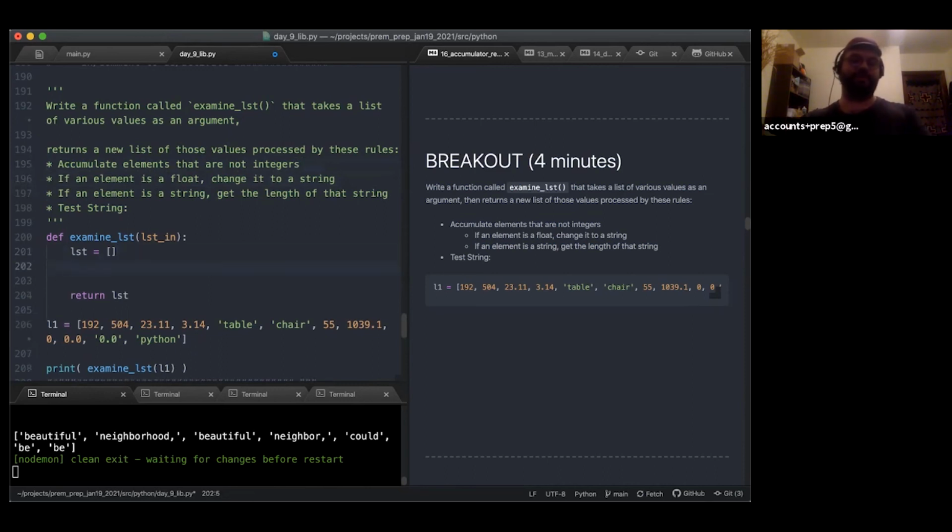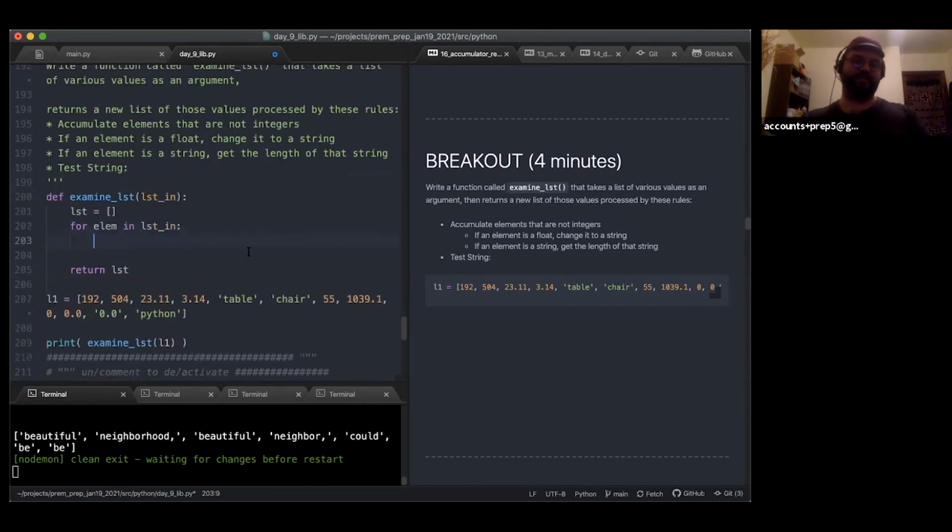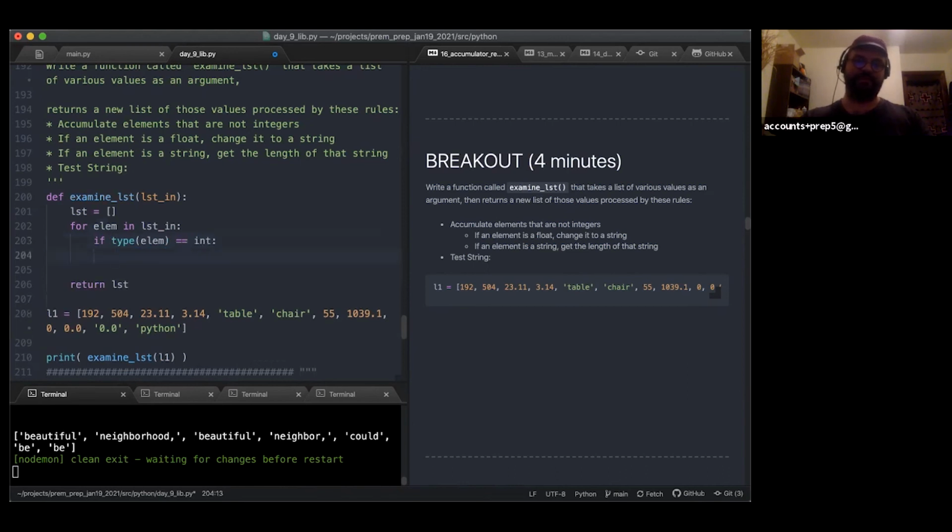Okay, so we're going to say for LM, element in list in, if type LM equals int, continue,